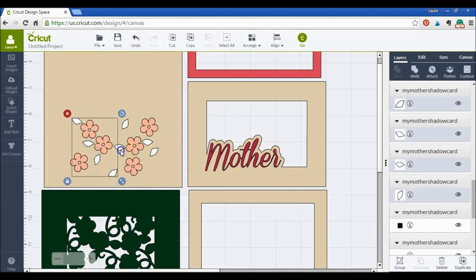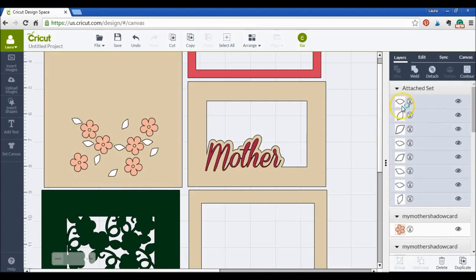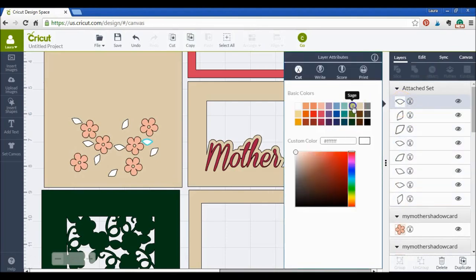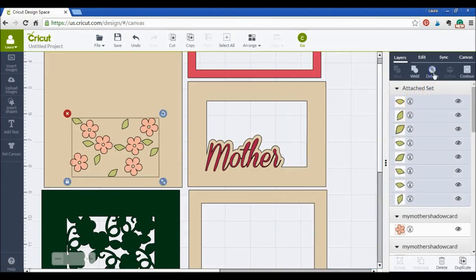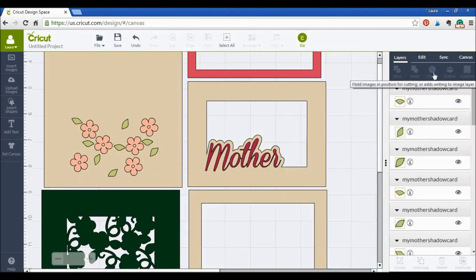I find it easier to do this on the cutting mat than over in this layers panel because it's just easier to make sure I've selected everything. I'm going to attach them. I'm going to go up here. I'm going to make them all green so that they're ready to be cut out in the same color. And then I'm going to detach them because I don't want them to be cut out on the cutting mat